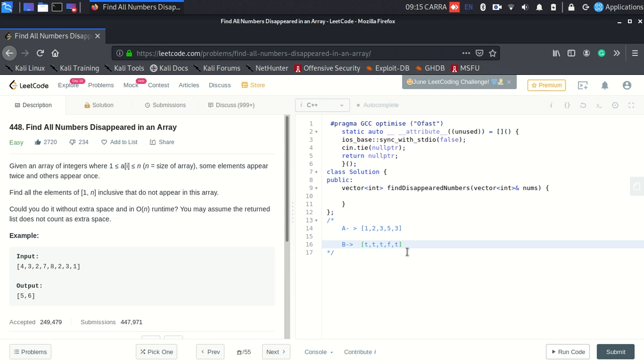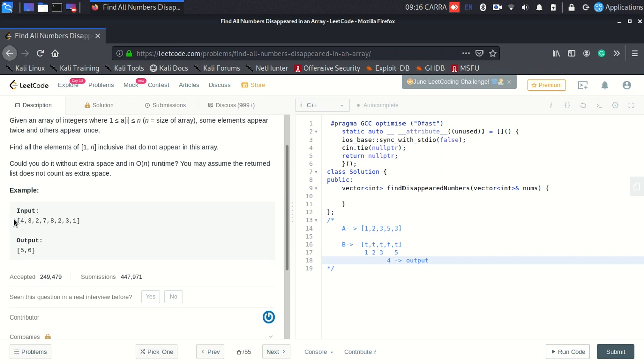So for example, if I traverse the boolean hash map, 1 is there in the array, 2 is there in the array, 3 is there in the array. Since 4 has a false, 4 is not there in the array, and 5 is there in the array. So the output becomes just 4. Correct. So let's take an exemplary input and exemplary output to prove that this thing works.